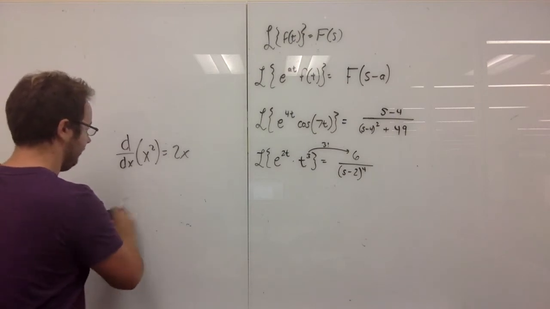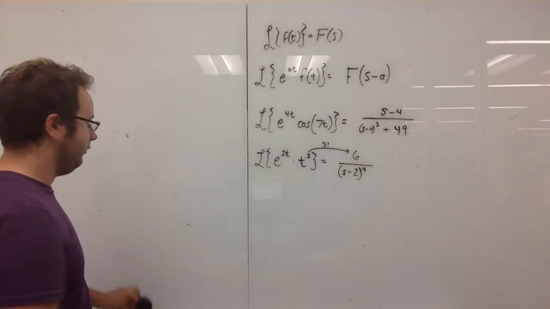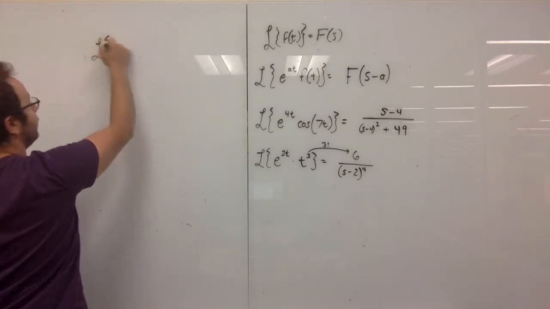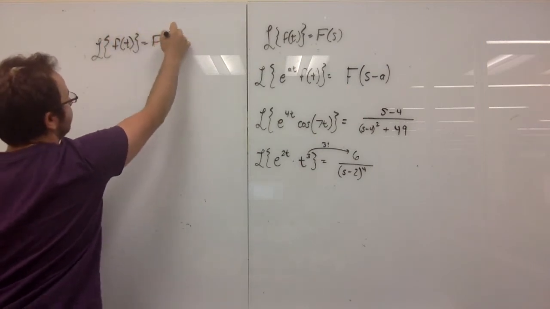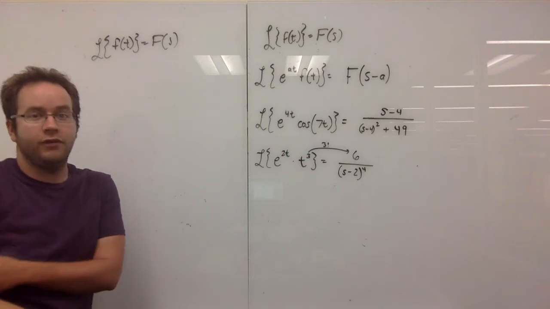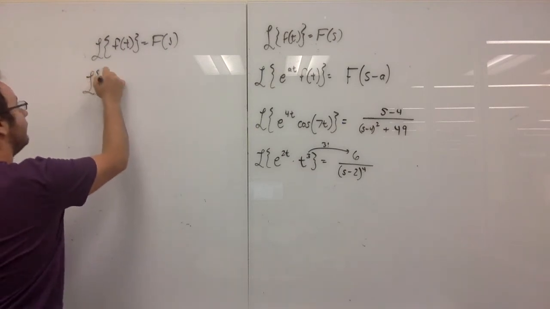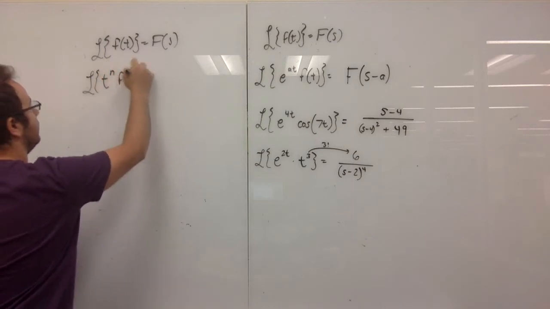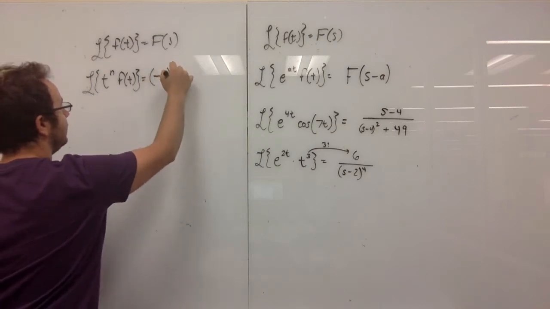So I have to finish up what I want to say about moving forward before we start talking about the inverse Laplace transform. So this last rule is, find the Laplace transform of f of t again. You don't have to rewrite this, but just say same rules apply. That is, the Laplace transform of some function f of t is capital F of s. Then the Laplace transform of t to the n times that function, this rule kind of sucks, is (-1) to the n times